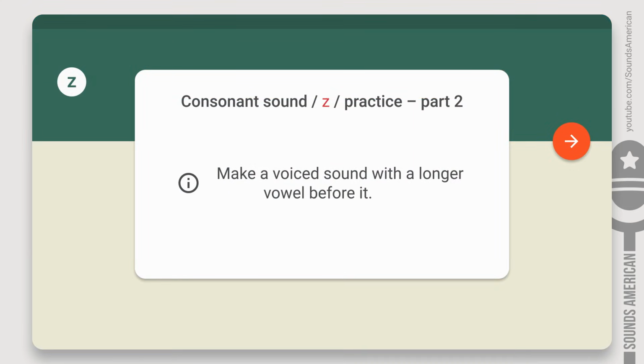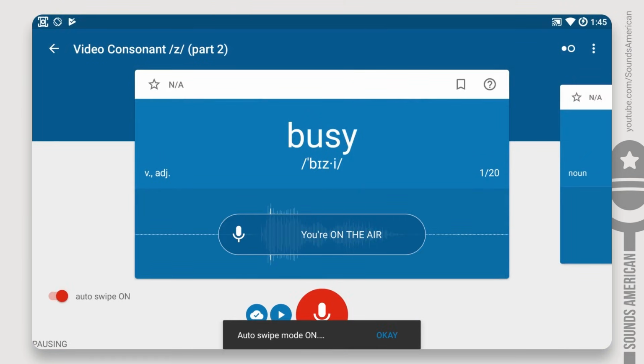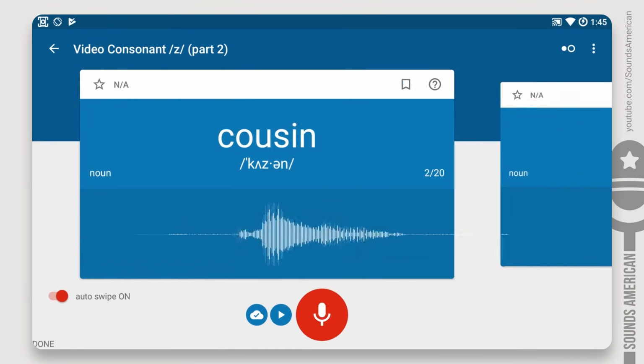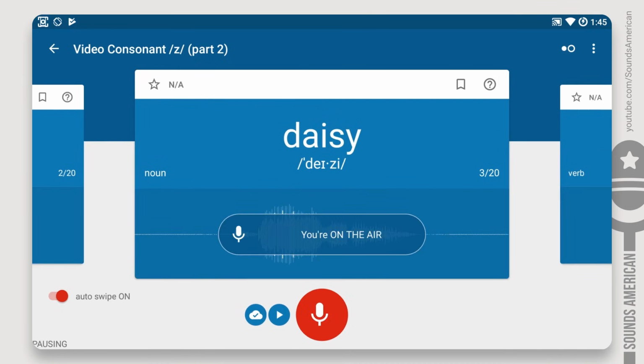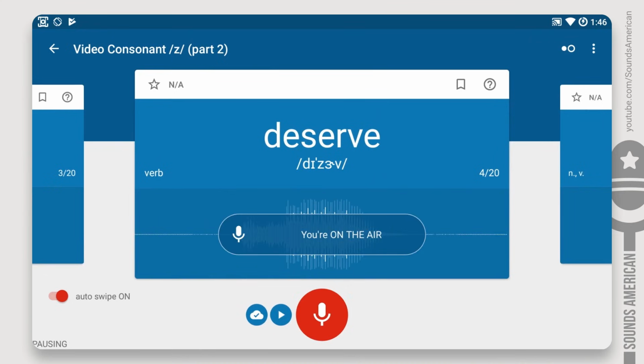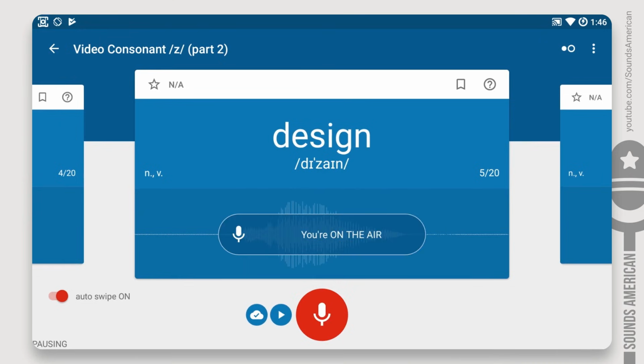Good job! Now we'll practice words with the z sound written as the letter S. Don't devoice it and make the vowel before it longer. Let's do it. Busy, cousin, daisy, deserve, design,